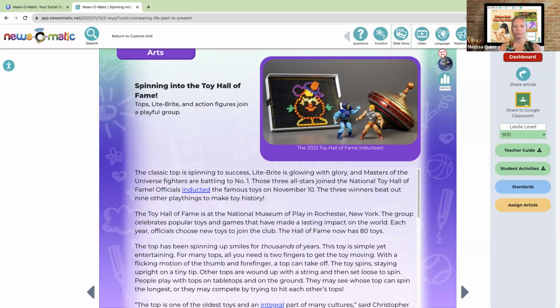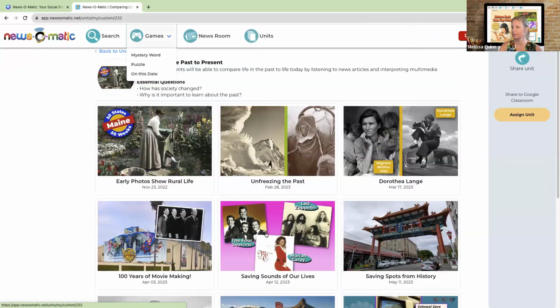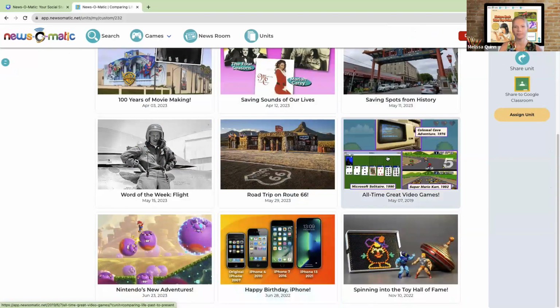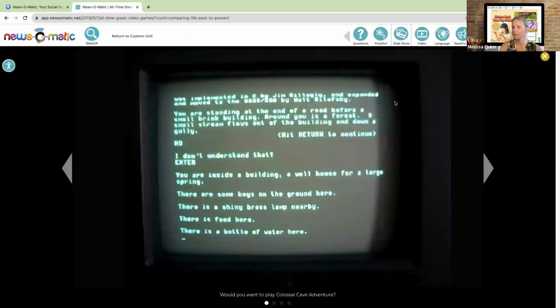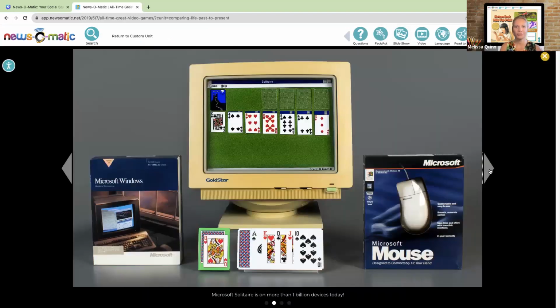So I have one more article called All-Time Great Video Games. There we are. And for this one, I would probably project photo 2 from the slideshow. And then ask students to share what differences they notice between the computers of today and those from the past.